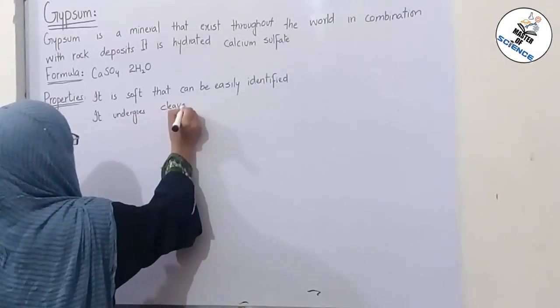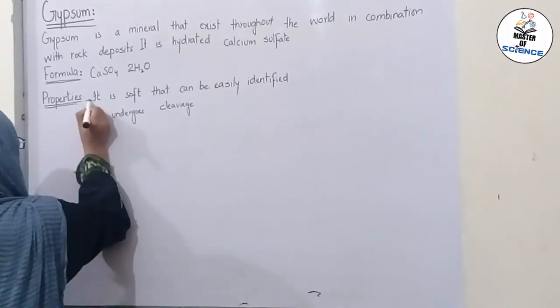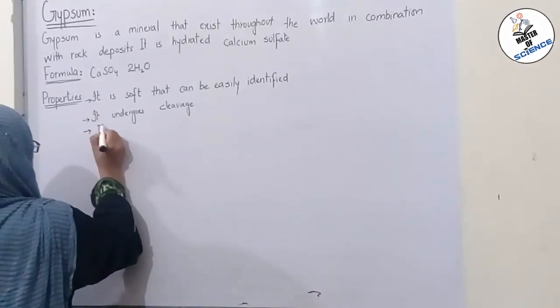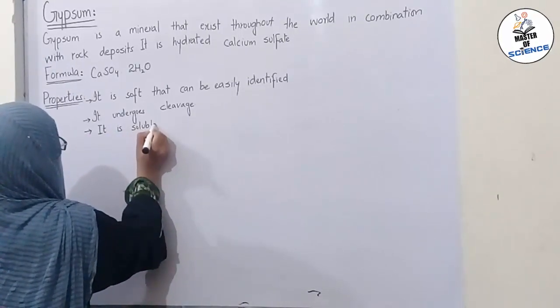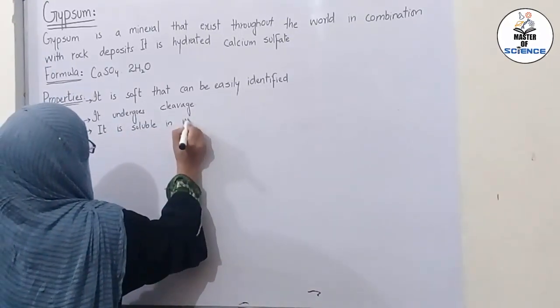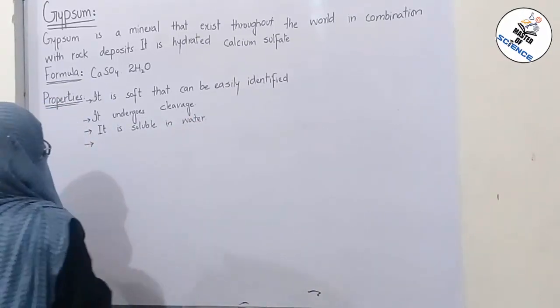Third point is that it is soluble in water. Due to the solubility, it can be easily identified. Fourth point is that